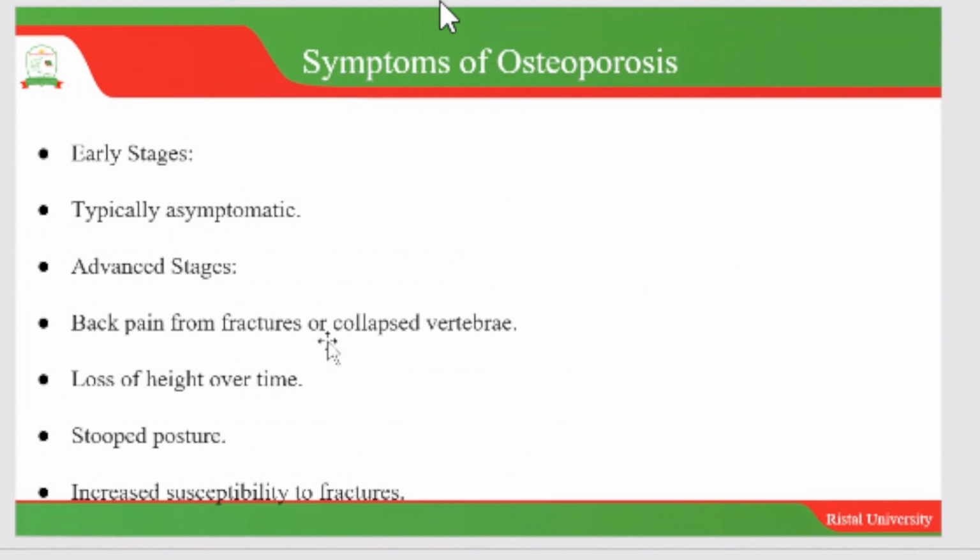For the advanced stages, we have the back pains from fractures and also a collapsed vertebrae and also loss of height over time. That is why you hear people saying, I used to be tall in my youth, but then people start bending because of the vertebrae collapsing and also the stature reducing, a stooped posture, and also the increased susceptibility to